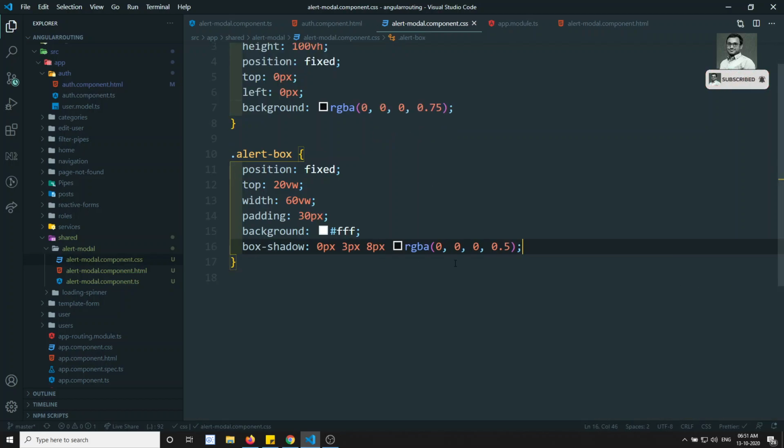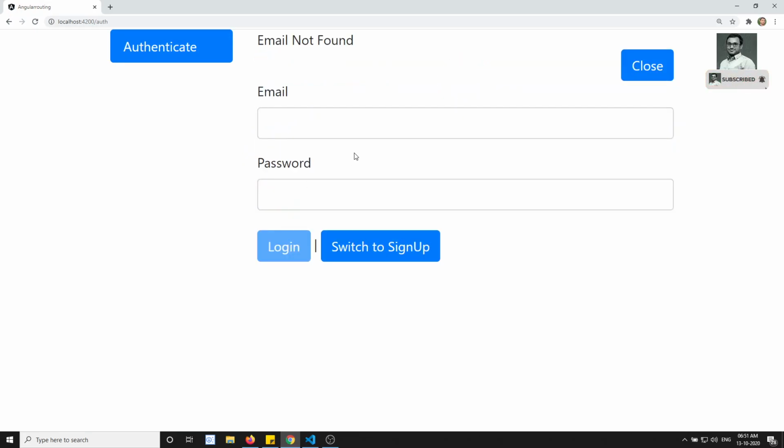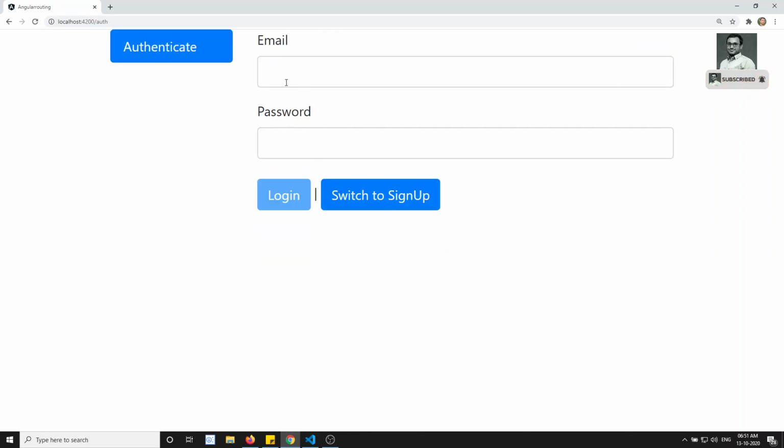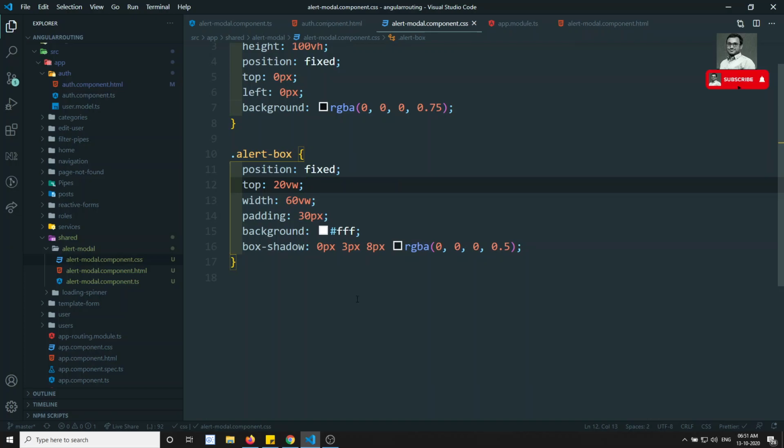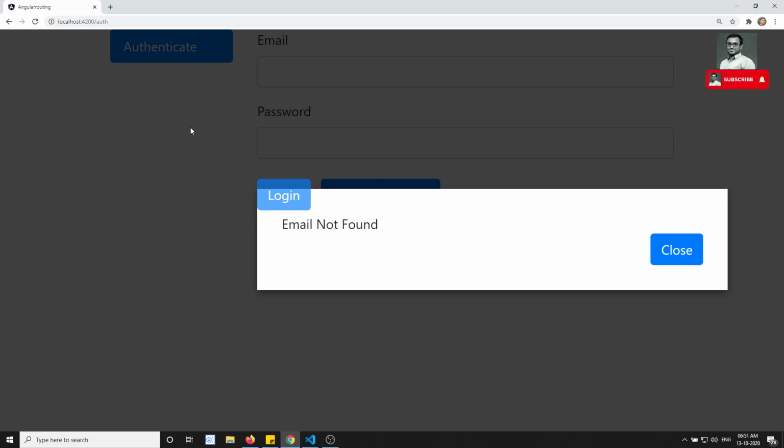So let's try to see how the output will come. Let's go and see the output again. Let's refresh it again so that we'll get the nice output. So we saved it. And now if I try to write it again and I click here, we got a nice output.